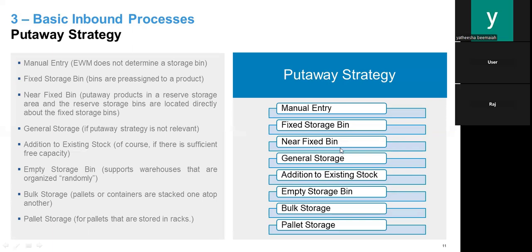Then near to fixed bin, and general storage, which is just a general storage. We can put some consumable items in the general storage. Addition to existing stock is majorly used in any warehouse, along with general storage. Addition to existing stock works in the hierarchy, and based on the capacity, the system will allow